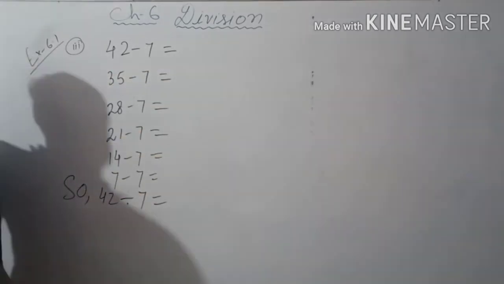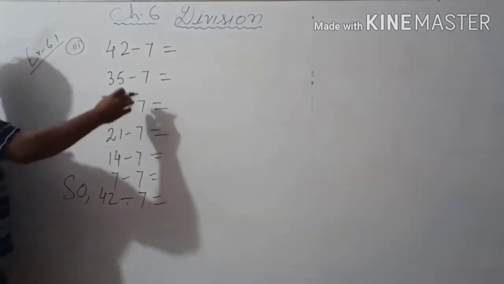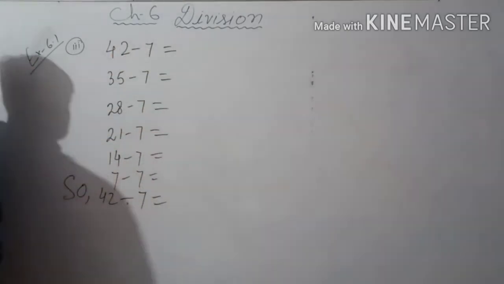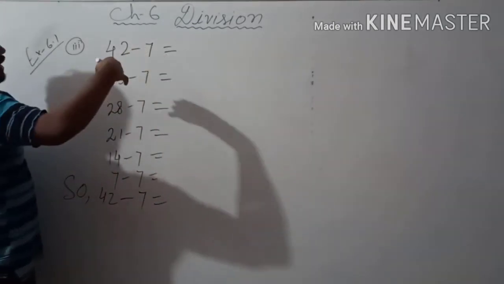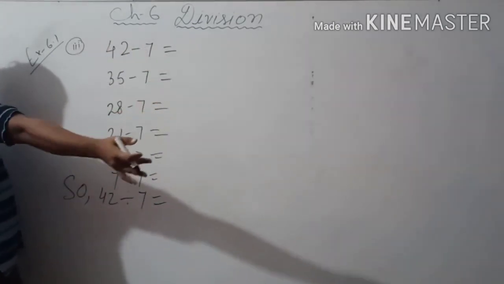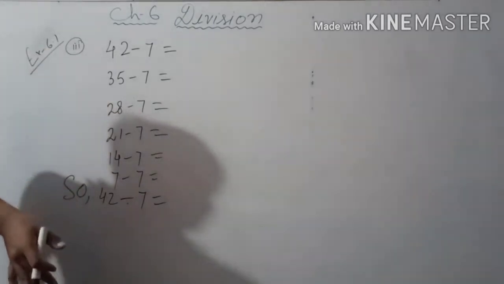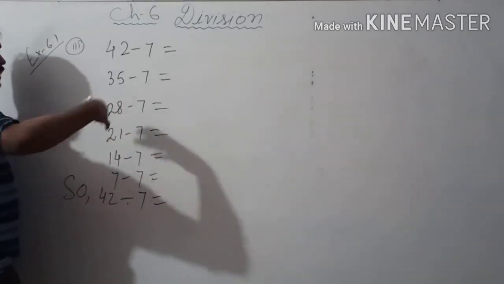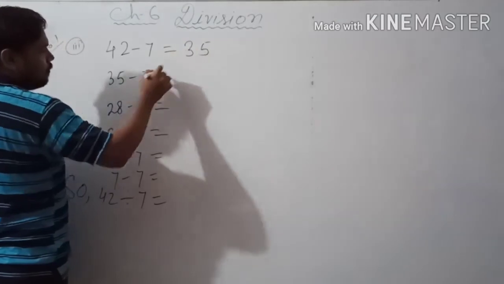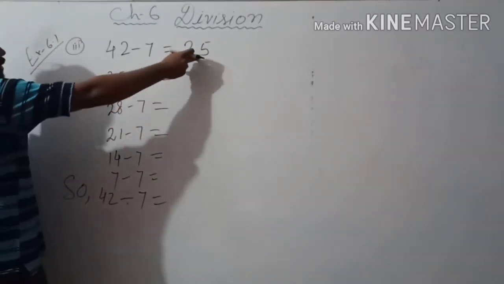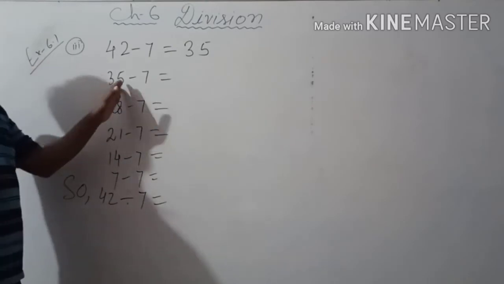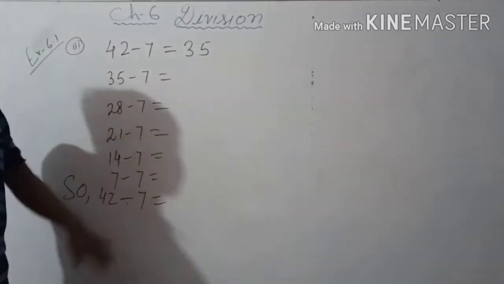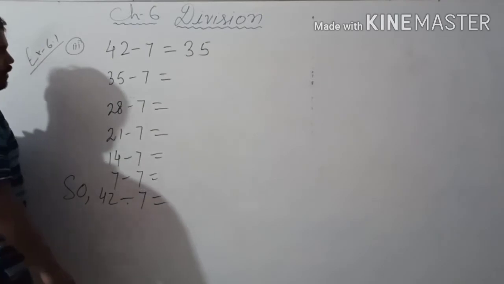ठीक है. So but still we will see that 42 minus 7 is equal to how much? So 42 if you subtract 7, then how much? 42 minus 2 is 40, then minus again 5, so 35. So here it will come 35. So same thing which it is here, it will come here. So यहाँ पे जो है ये आ जाएगा, बट आपको ऐसे कॉपी नहीं करना है, आप सब्ट्रैक्ट करके देखोगे. ठीक है, माइंड में सब्ट्रैक्शन करोगे, so your mind will be brighter.